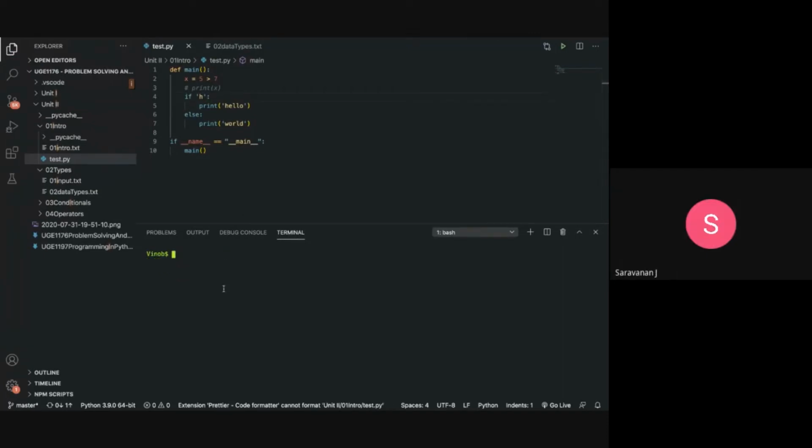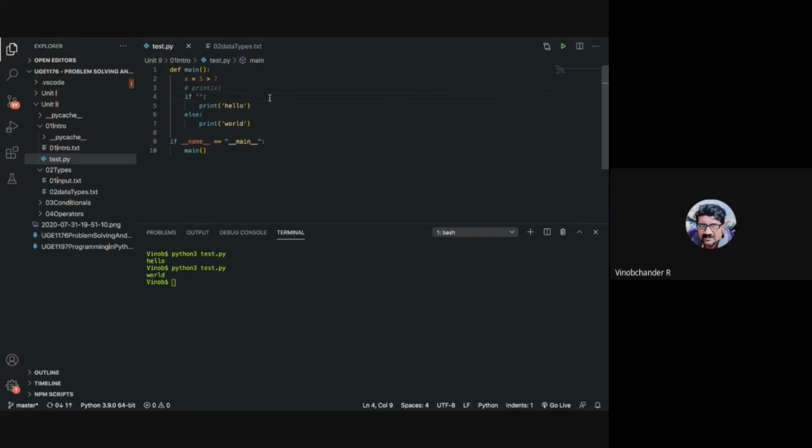Hello. Now what do you think is the output here? World. You get world. So a null character or nothing within a particular string is essentially false. All other strings are true.